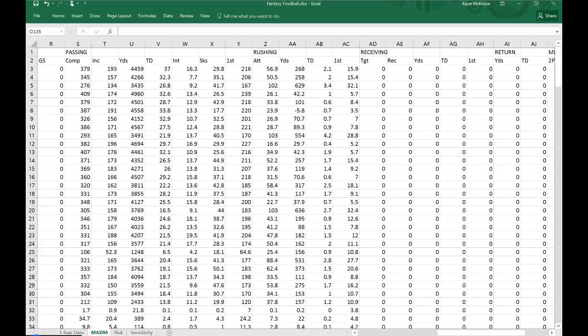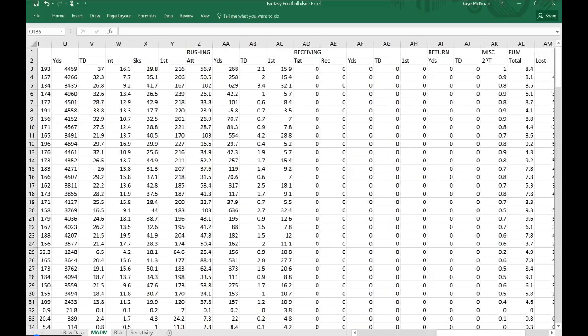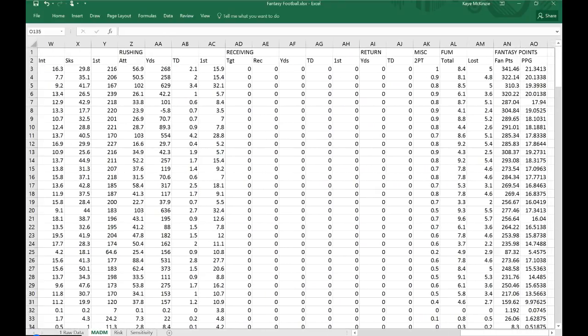Of course, there would be no yards if they were incompletes. So those yards are totally attributed to column S. Whether or not they got a touchdown, column W an interception, or were they sacked in column X? And did they get a first down, and how many yards they got if they did get a first down